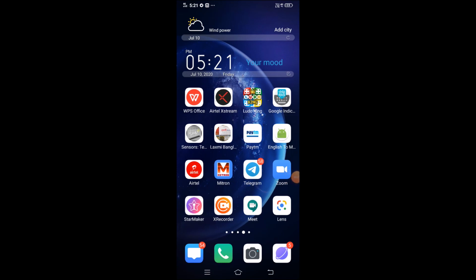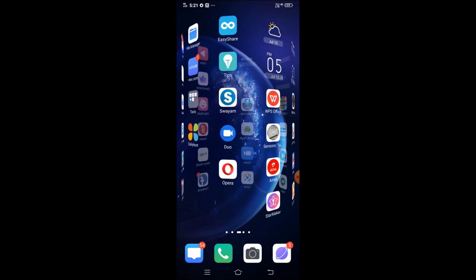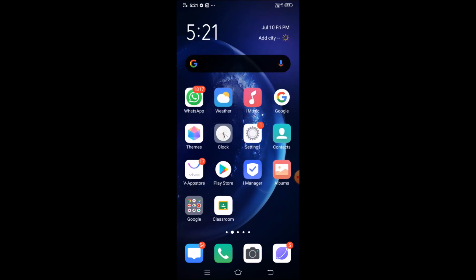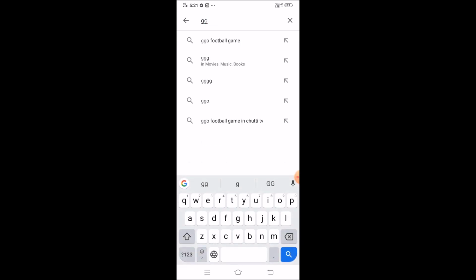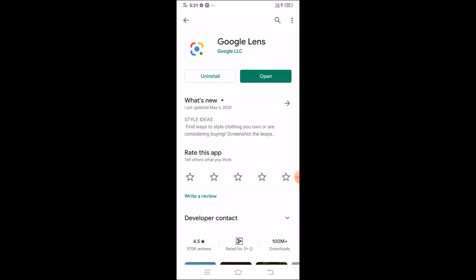So viewers will see the procedure for making an installation of this app, and that is Google Lens. So for installing this app, first of all you have to switch to the Google Play Store. You have to simply type the name of that app, and that is Google Lens. As I have typed the name, it is available as the very first option. As in my mobile, this app is readily available, so it is asking me to either uninstall or open that app, and we'll start straight away with the opening of that app.